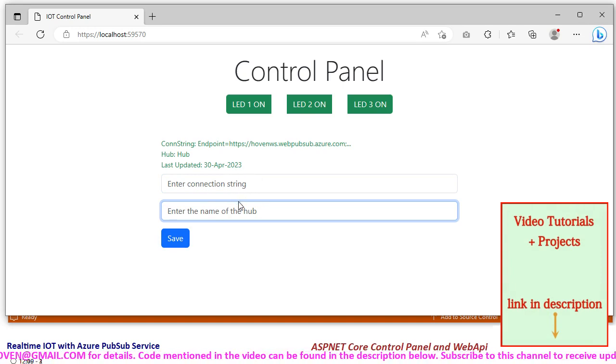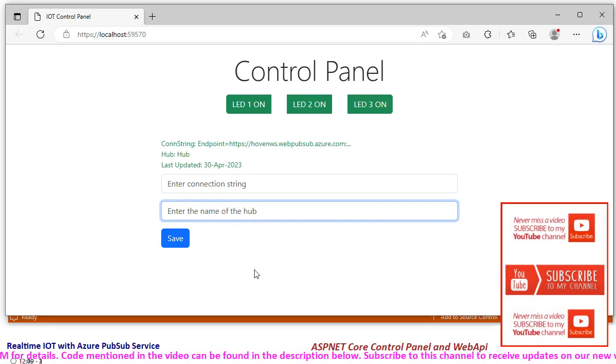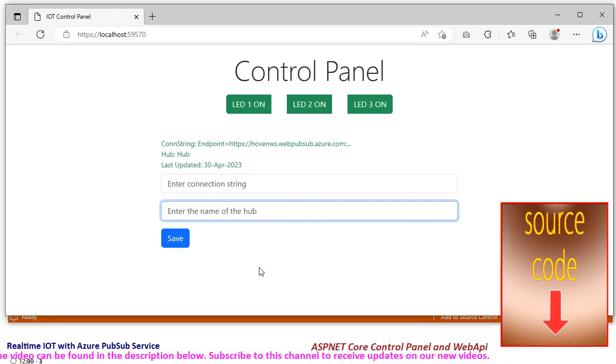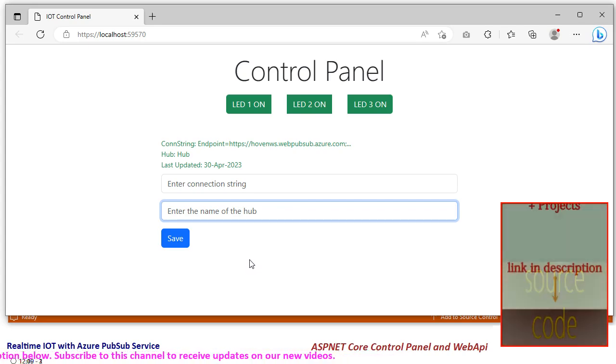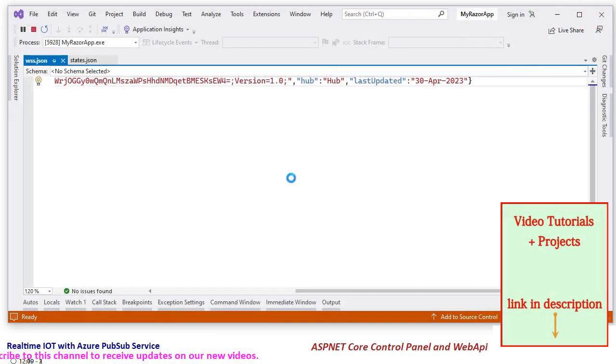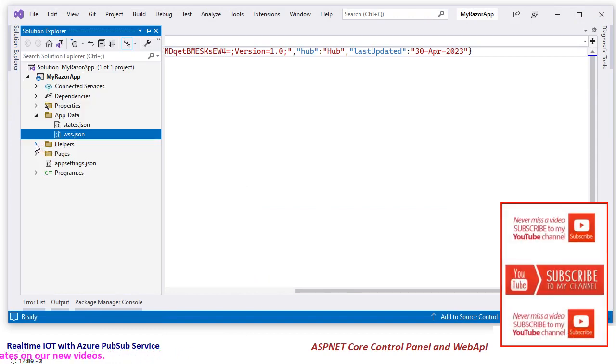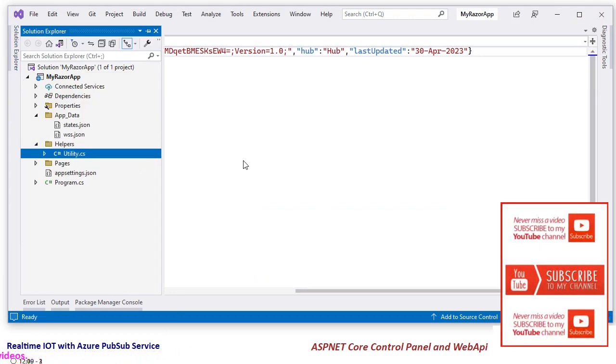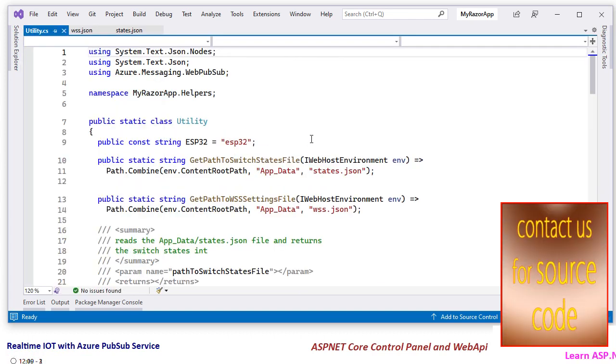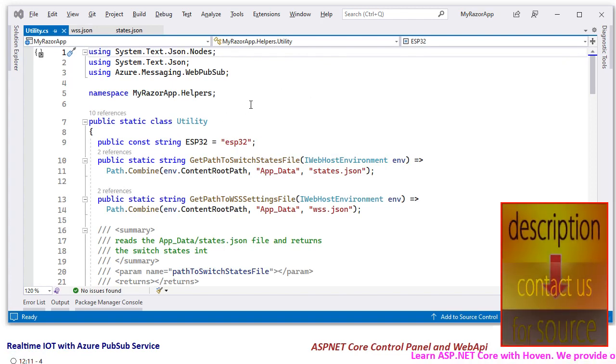This is required for the API that will give the URL of the WebPub service to the remote electronic device. That I will come to in a moment. So let me come back to the project that I was discussing. Then here we have a helper and we have a few functions here. This helper is a